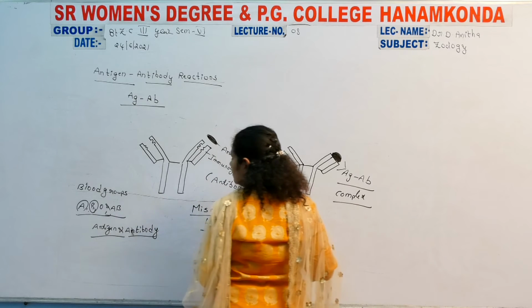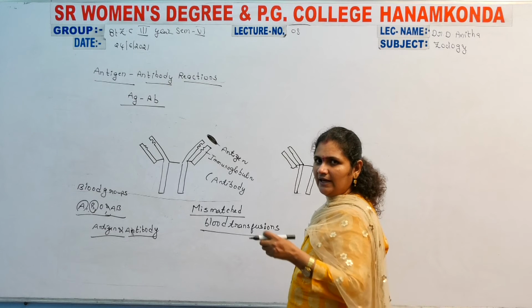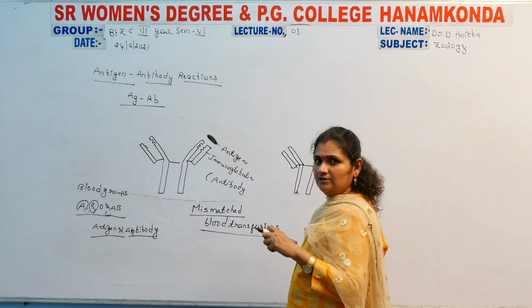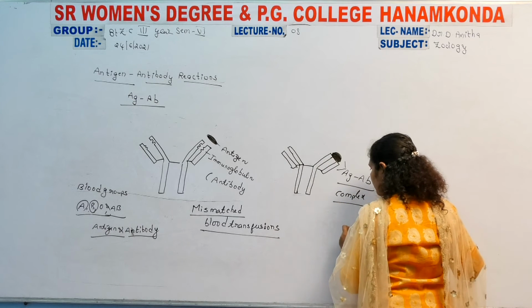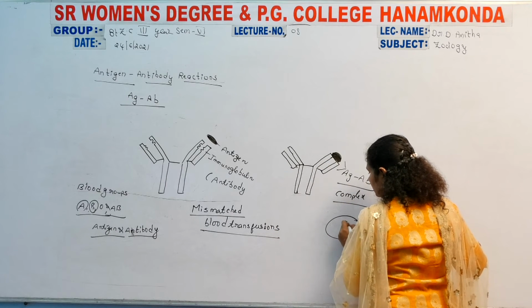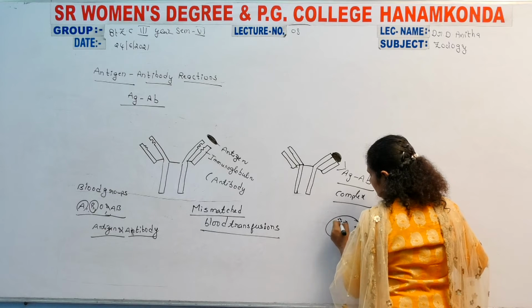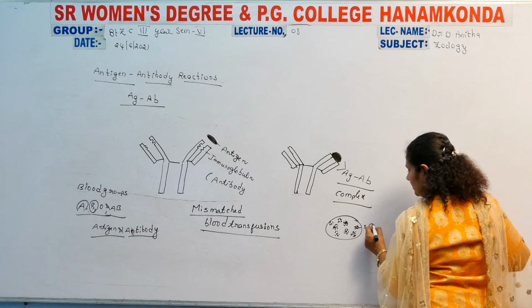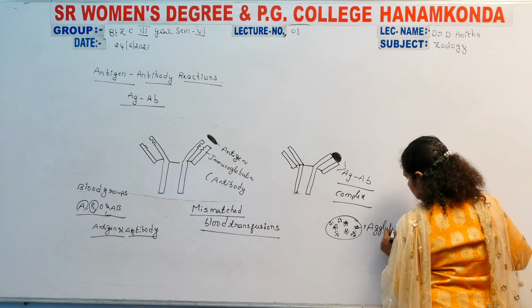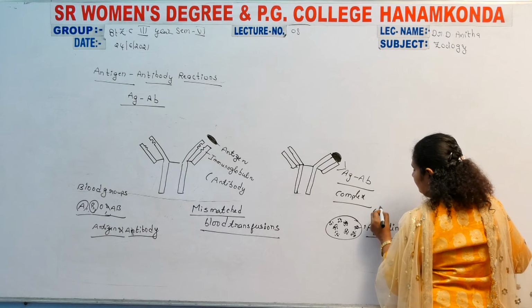We also conduct the grouping test. The blood drop is collected and the anti-serum is added to that particular blood drop. Then both are mixed. Then in the middle of the antigen and antibody, the agglutination occurs. See here, the agglutination resembles this. It is called agglutination, which means clumping.